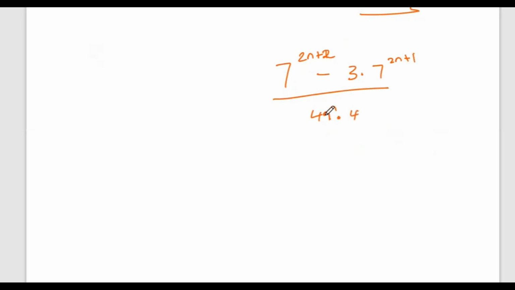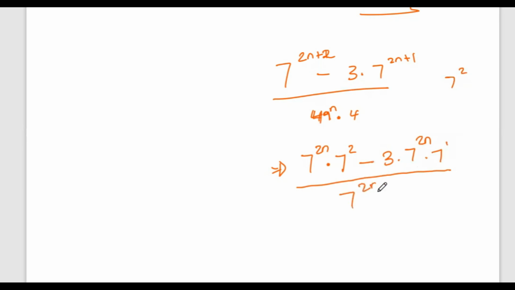Okay, so step number 1 is for you to change everything to simpler bases and then expand. So let me start by expanding the top part since everything is in simpler bases, which are prime bases. So that is 7 to the 2n times 7 to the 2. This is the same as 7 to the 2n times just the 7 to the 1. I'm using the reverse of the multiplication rule that when I multiply numbers in the same base, I must add up the exponents. Then 49 can be written as 7 squared.